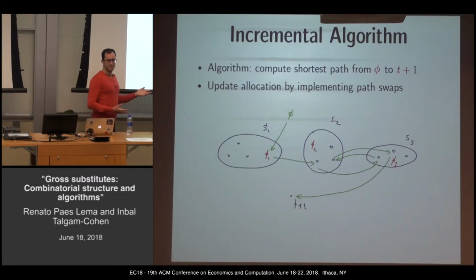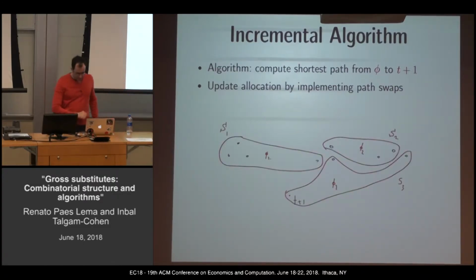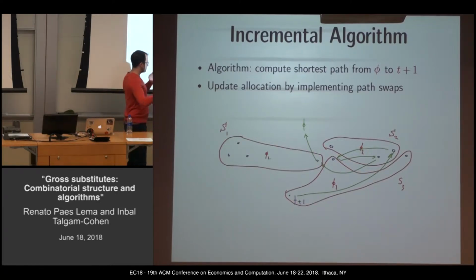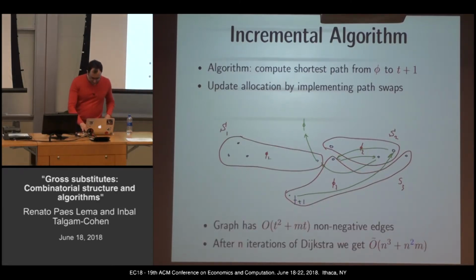And then take the advice of what this path is telling you. This path is saying buyer 1 should acquire this item. Buyer 2 would rather drop this item and acquire this other item. Buyer 3 should rather drop this item and swap for that item, and so on and so forth. And eventually buyer 3 would like to swap that item for T plus 1. So you perform all the swaps indicated by the arrows, and then T plus 1 is allocated. The theorem says that this allocation is optimal.